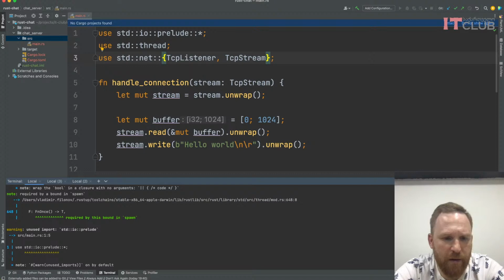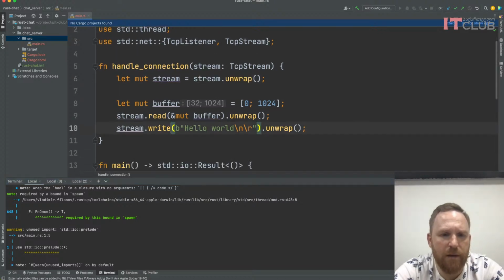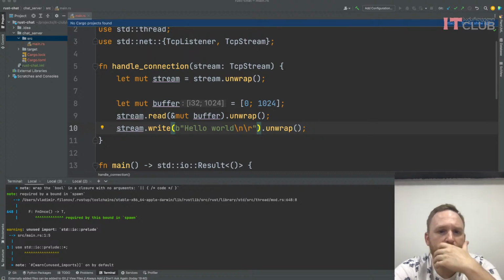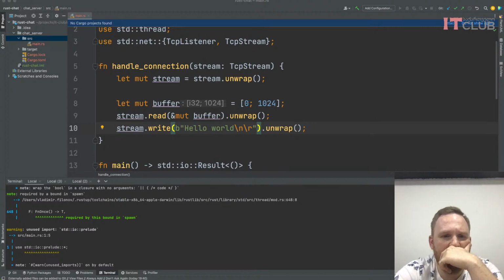Spawn required by own. Okay. So let's think about the function. Let's take a look for more examples if we can find them. Okay. So spawn takes a function